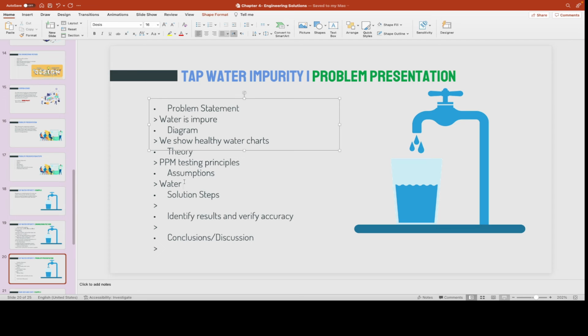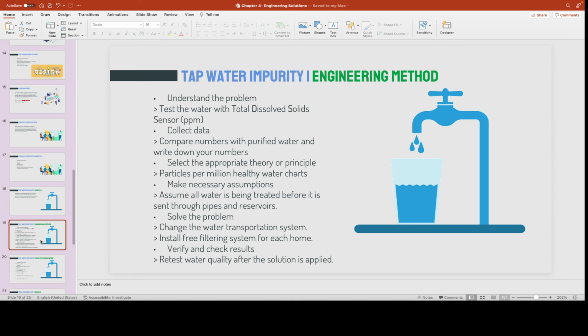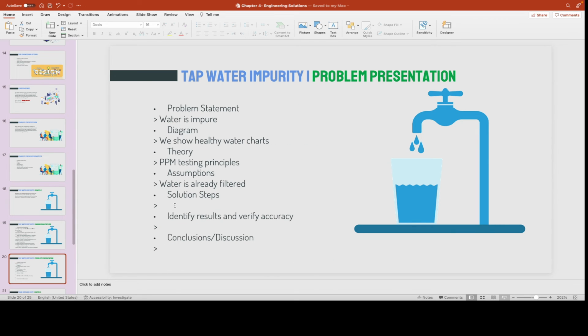Water is already filtered. Solution steps, I think we did that previously, right? Yeah, it's similar but different. Solution steps,